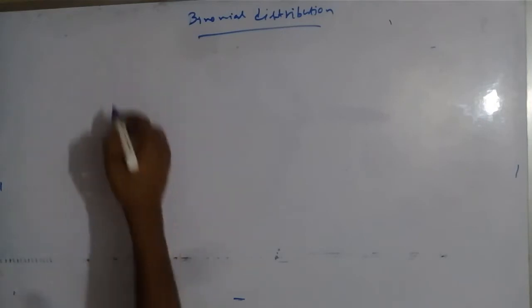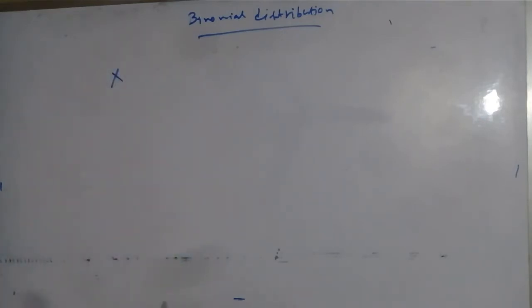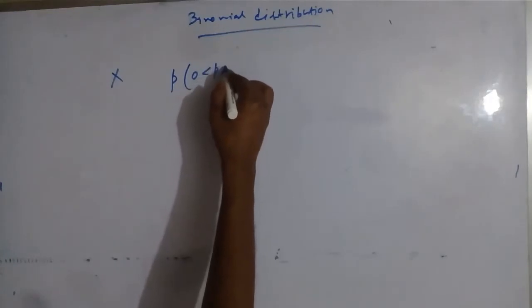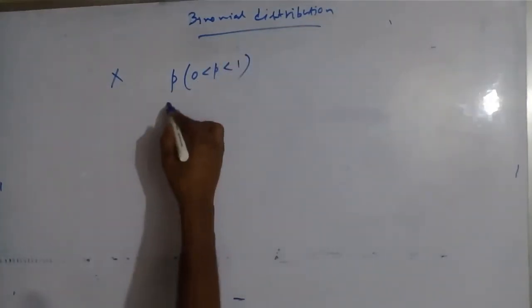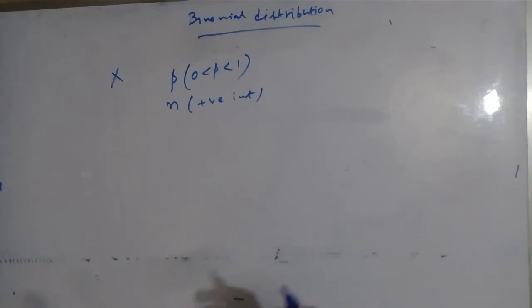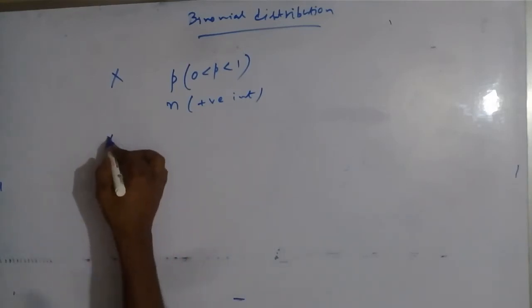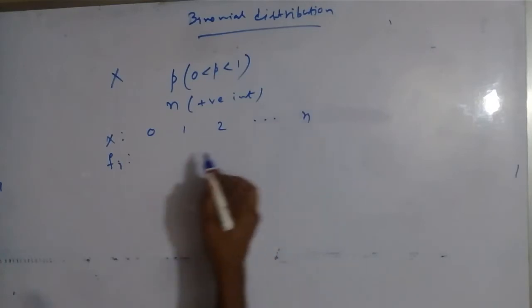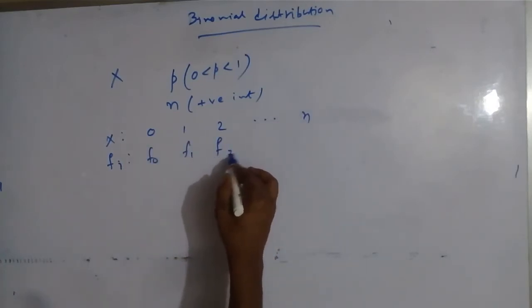So what is binomial distribution? A discrete random variable X is said to have a binomial distribution with parameters p and n, where p lies between 0 and 1, and n is a positive integer, if its distribution is given by the values 0, 1, 2 up to n, with probabilities f0, f1, f2 up to fn,